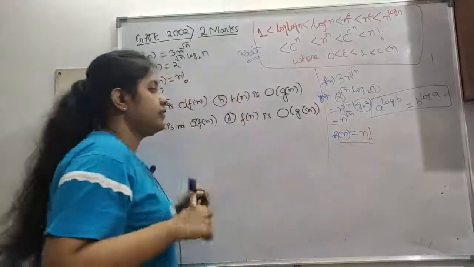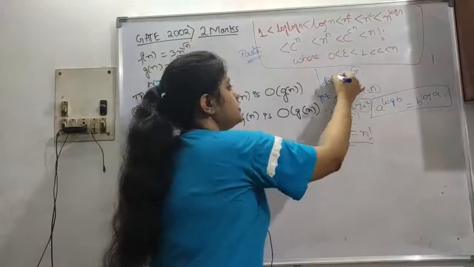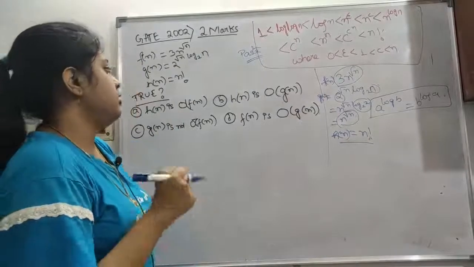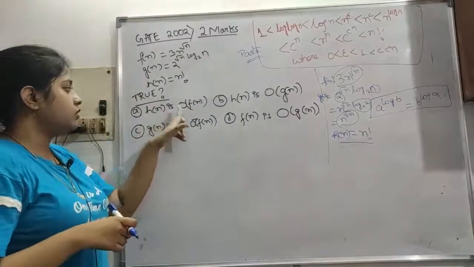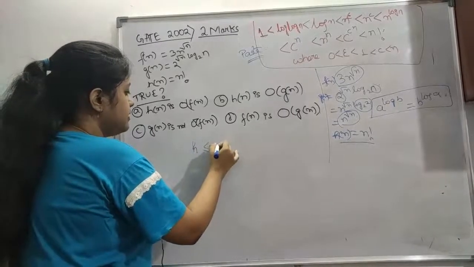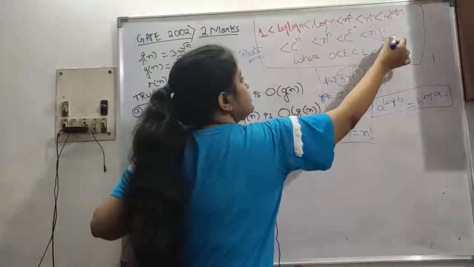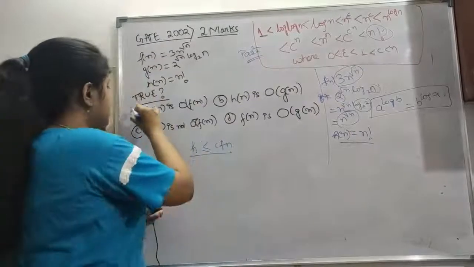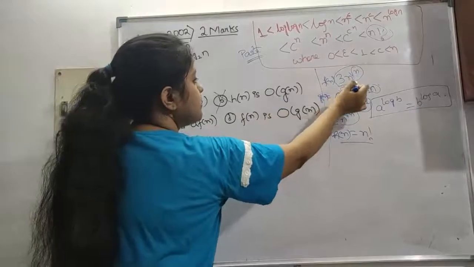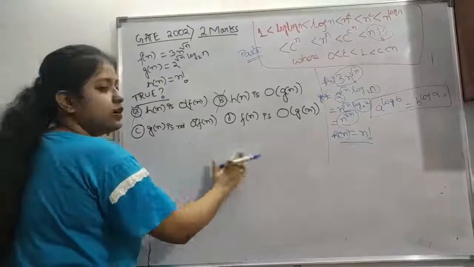So this is highest, you can see n factorial is highest. These two functions are almost the same. 3 is a constant, it doesn't matter. So let's see the options here. hn is order of fn, so it cannot be possible because hn is less than c into fn, which is not possible, since I have already told you n factorial is the largest. So this is false. In the same way this is also false, because these two are almost the same. 3 n to the power root n and n to the power root n are almost the same. So these two are automatically false.